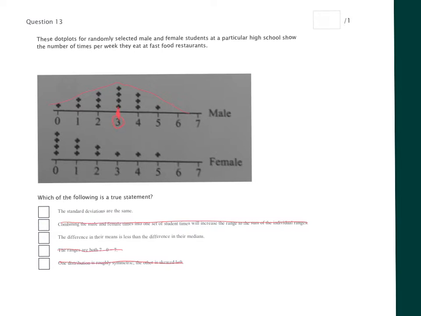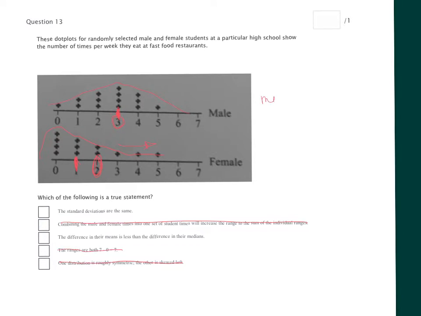But then this one is right skewed. So my median is probably here. And I know that my mean is going to get pulled in this direction. So I bet it's going to be somewhere around here-ish. So if I look at that, I already can tell that looking at the distance,